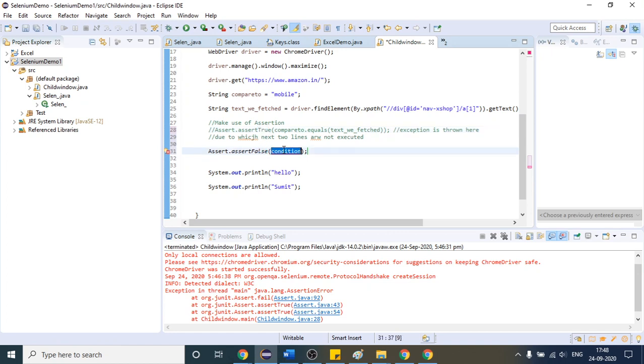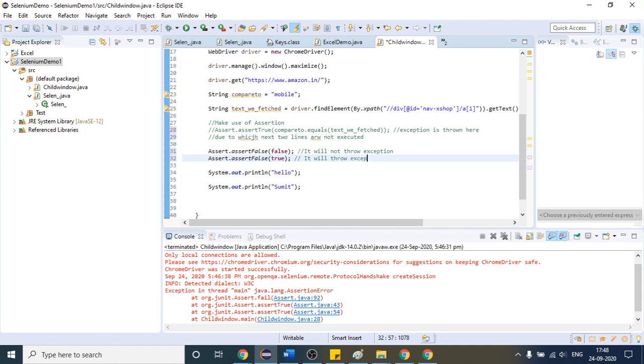If you provide false here, it will not throw the exception. It is just the reverse of the first one. If I write true inside that, then it will throw the exception, so this is just the reverse of the previous method.